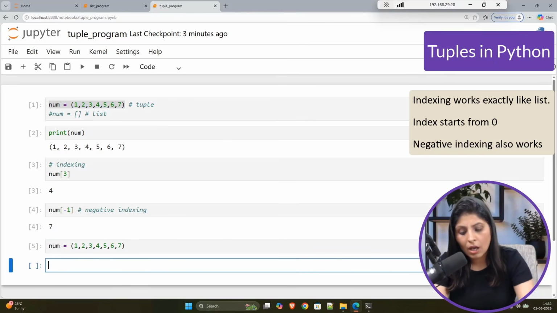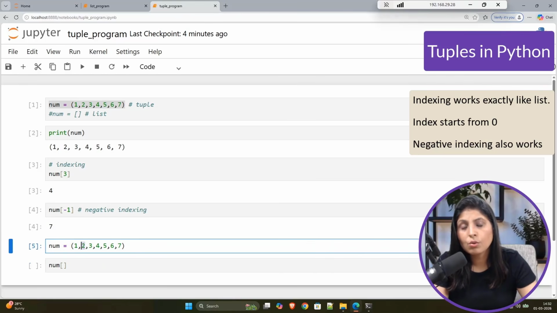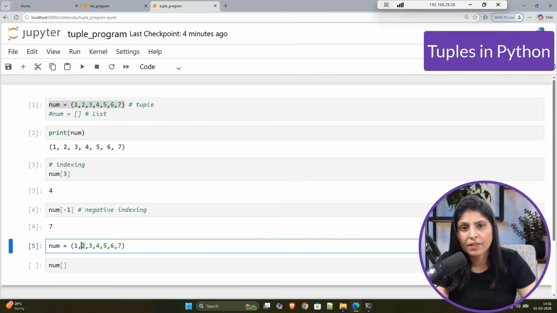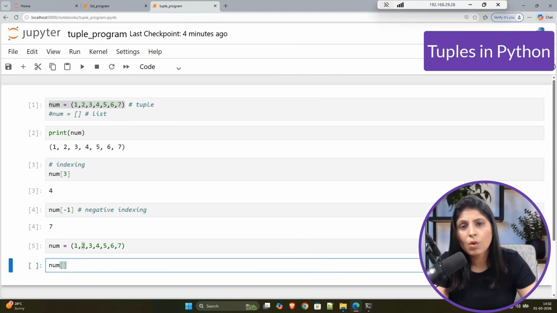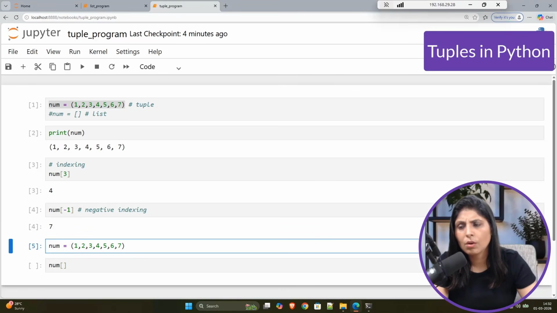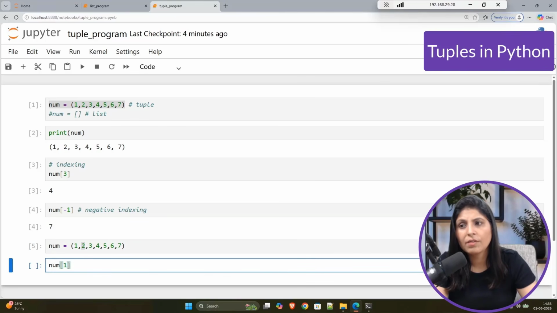Now let's say I want to change the value 2 with 5. So in a list, we can modify the list easily, right? You just need to write the index number where you want to change the element. So this is 0 index, 1, 2, 3. So let's say 0, 1. At 1 index, where the value is 2, I want to make it